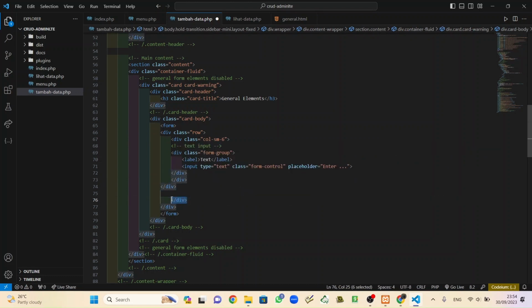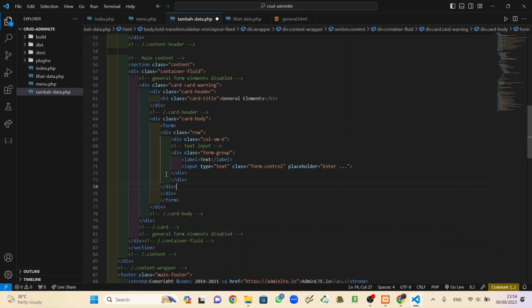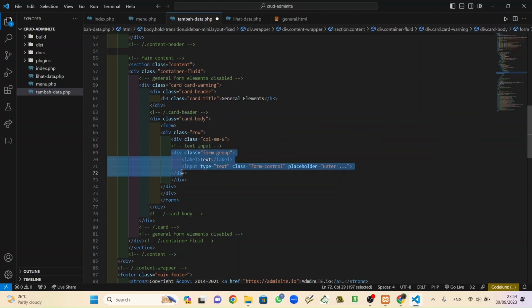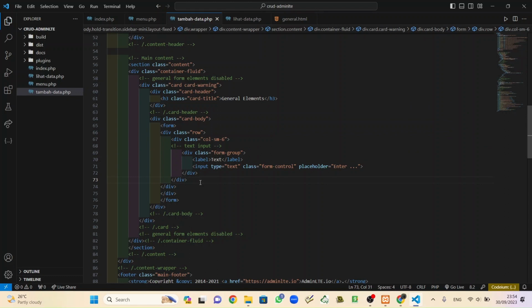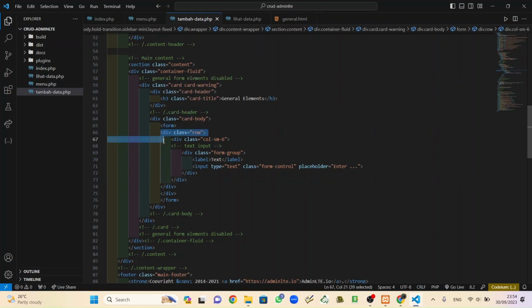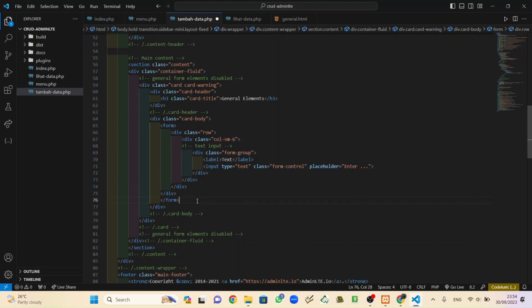We can remove this, and again we will make all this neat with the tab. So there is hierarchy here. There is who is the parent and who is the child. So from here we can see like this.